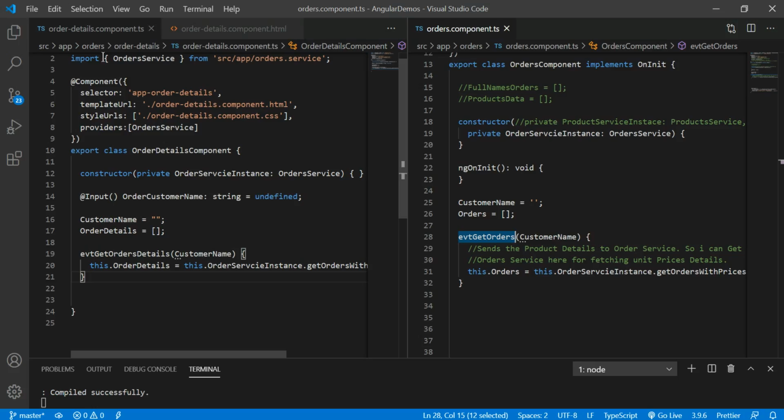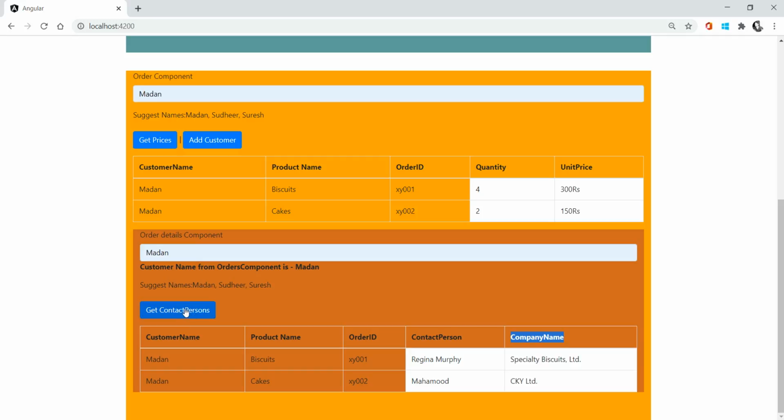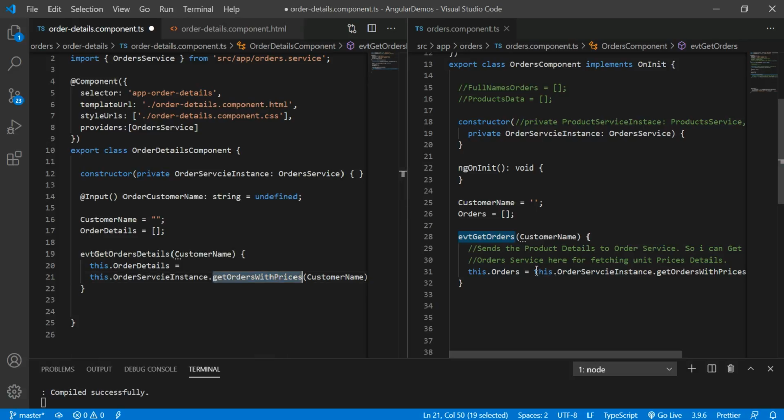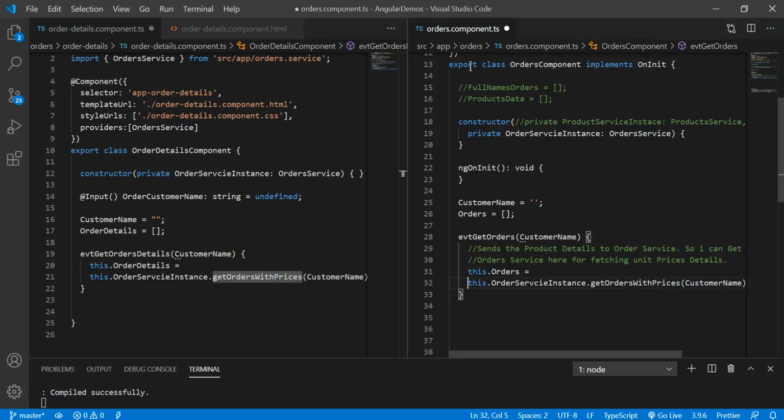So in the order.component.ts file, I have created only one event, that is get order details. It fires whenever I trigger the get contact persons button. When it fires, I am writing one small logic to fetch the order prices, the same logic I wrote in the order component.